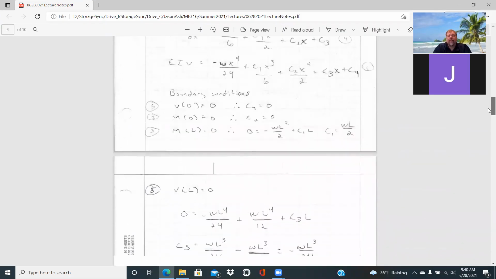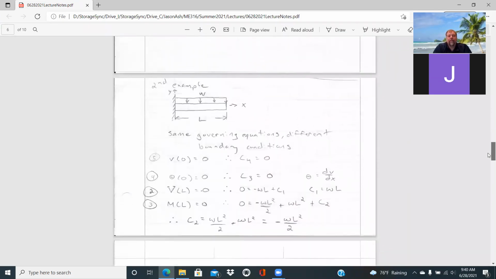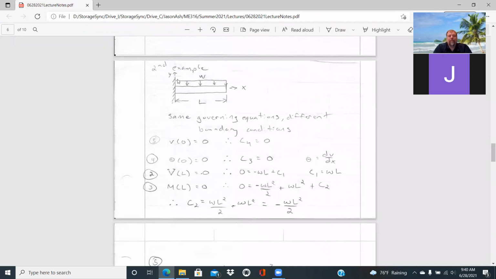And so when we go to our second example, we can see what happens when all we do is change the boundary conditions. We have a fixed support on the left and free on the right. What we find is that we have the same governing equations, but now different boundary conditions. And so with that, we just have to make use of our boundary conditions for the second example and solve our new constants of integration based on